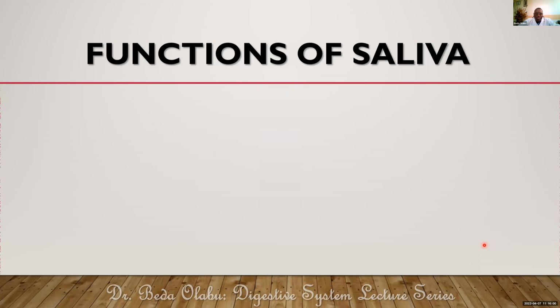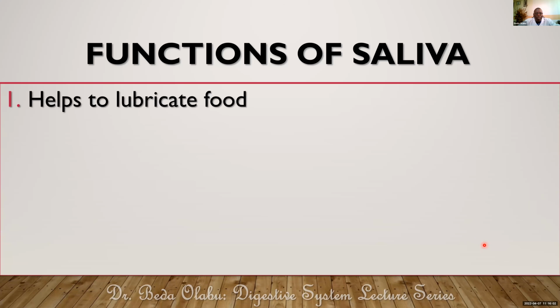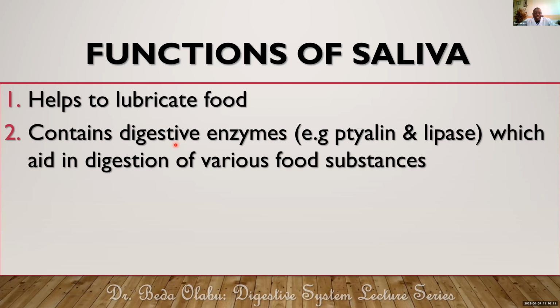What are the functions of saliva? Having mentioned that there are many things there, I think you've seen mucus there. Important in lubricating food. But we've also seen a number of digestive enzymes there, like ptyalin. Ptyalin is the salivary amylase, the one that breaks down carbohydrates. Then we have the salivary lipase, the one that breaks down lipids, among other enzymes important in digestion of